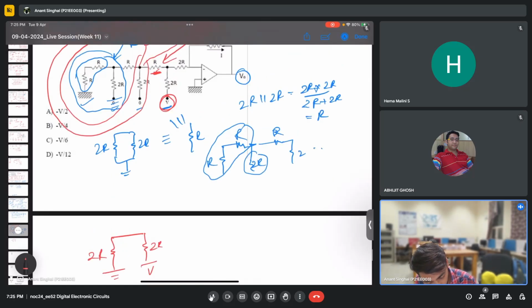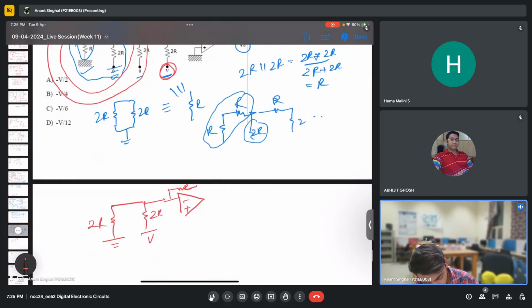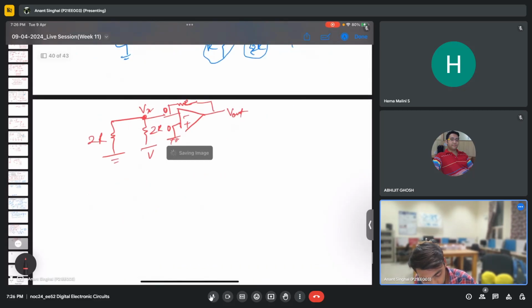Then the rest of the circuit remains the same, which is this op amp with minus and plus. We have an R, and then this is ground, and then we have a V out. So if this is ground, this is also virtually ground. I hope you know this. So let's say here the voltage is Vx. So we can apply a KCL here quickly. So this will be Vx by 2R for this, plus Vx minus V by 2R for this, and this will be 0. So plus Vx,